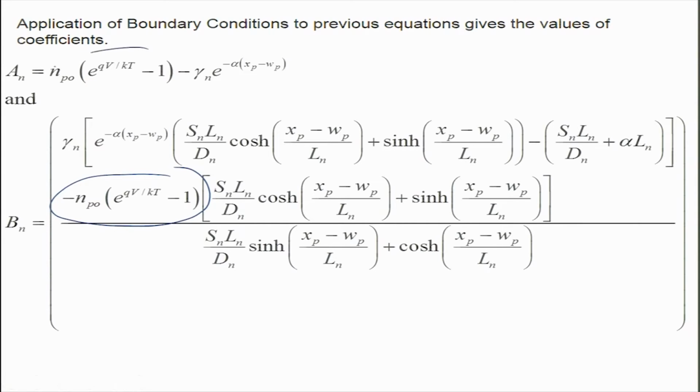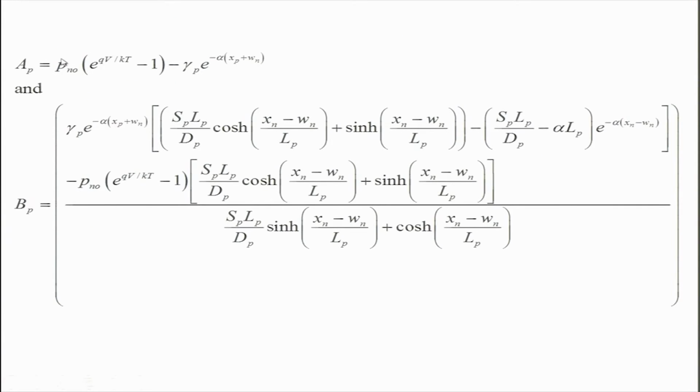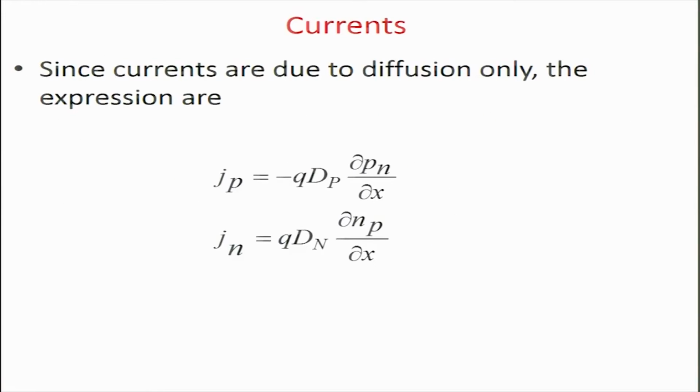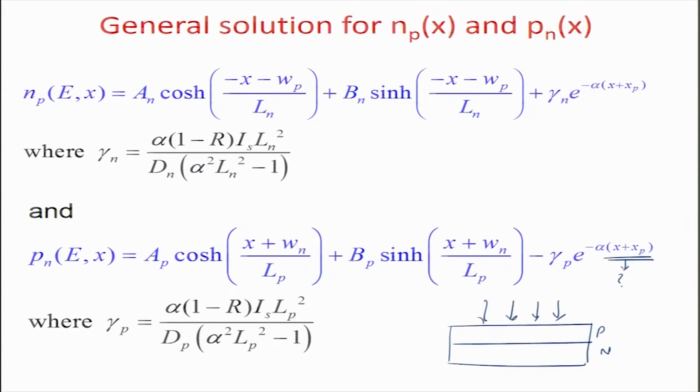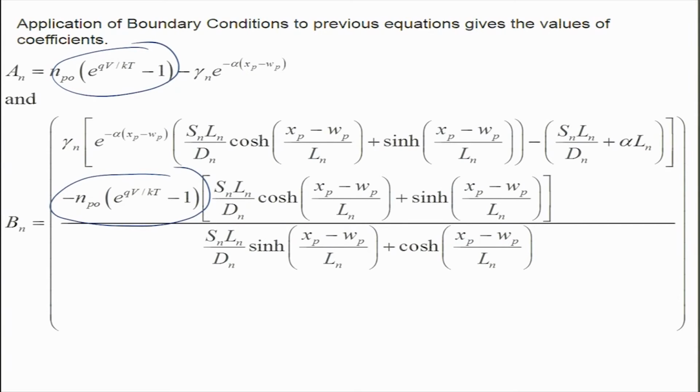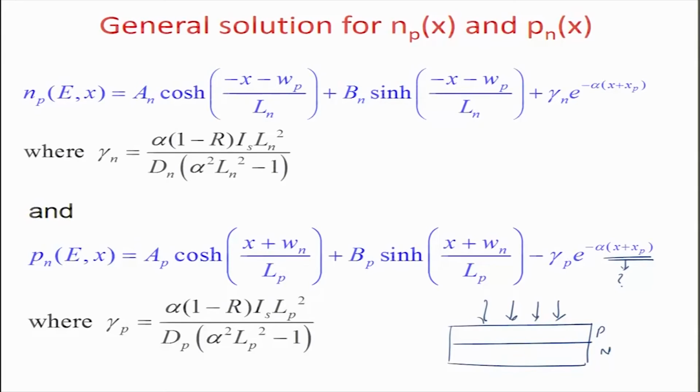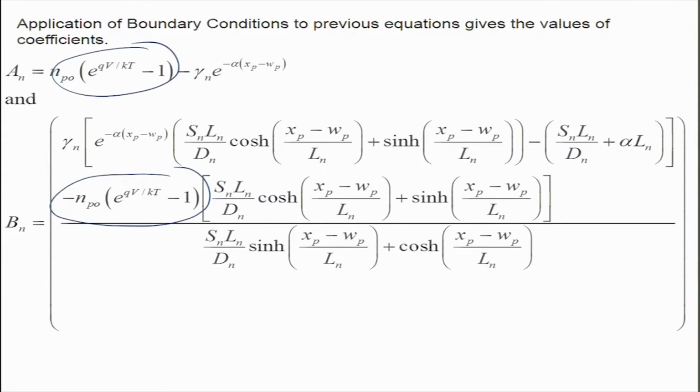Similarly, here you have only one term which is bias dependent, and when you plug in the values of An and Bn, similarly you will get the values of Ap and Bp also when you apply boundary conditions. The currents, let us leave it there right now. What you have basically done is taken the general solution of the differential equation and applied boundary conditions to calculate the value of coefficients. It's too complex to read out, but you can look at them in your notes as well as in the books. These are fairly complex terms for An and Bn, but they are not that complex when you think of it. We'll do that analysis in a little while.